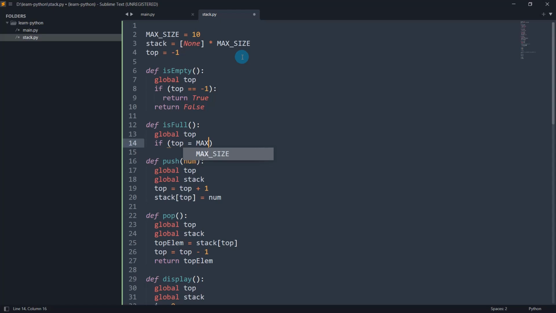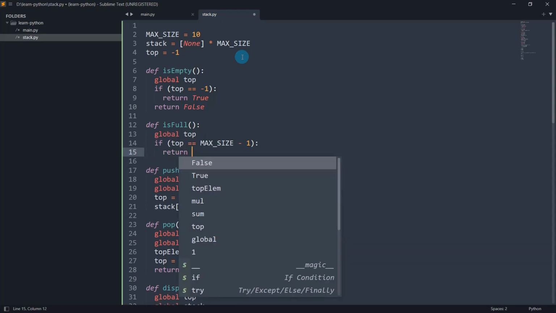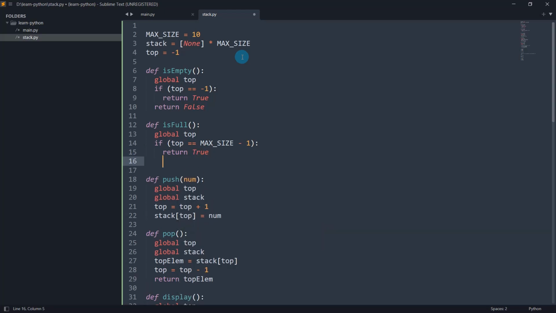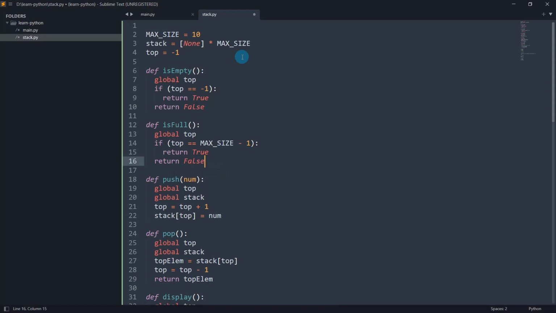I told you, the array actually starts from 0, not from 1. So when it is max size minus 1, that means top equal 9. Let me write double equal for comparison here. That means the stack is full, so return true. Else, return false. Okay.